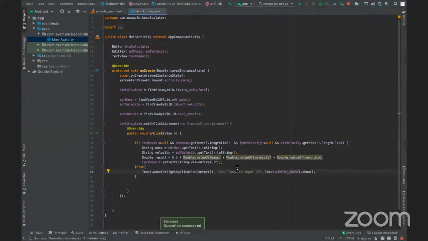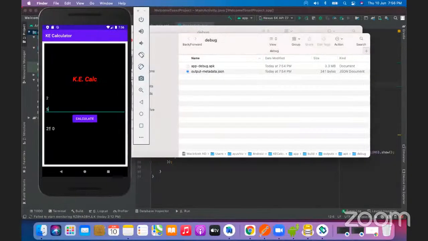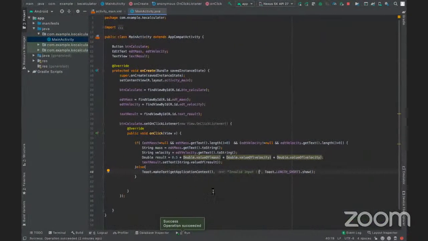One more thing I want to do with this. Basically, whenever you are able to see this 25, I'm not able to understand what exactly it is, right? So it would be good if I can show it like result is equals to, and then I will show this. Then it would be good. How will we do this? Before this set text, I need to concatenate a string. How will we do this? Put double quotes, and inside this you can just write